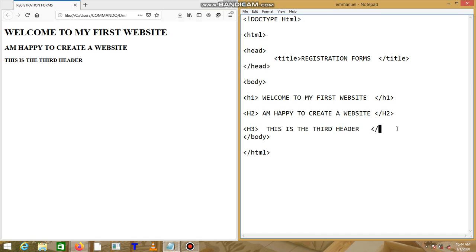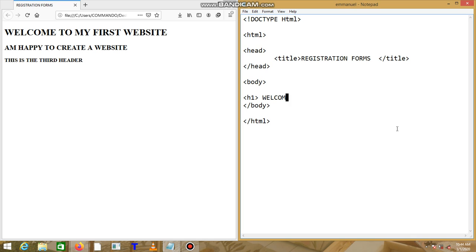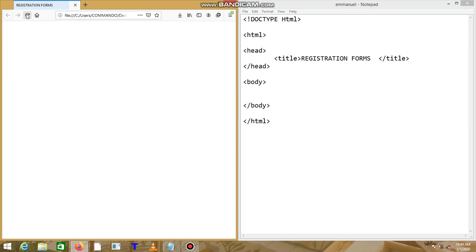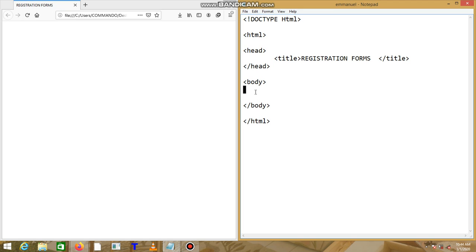Good. Now let me go ahead and then delete everything in the body. So when I click save, and then refresh the browser, everything should vanish because there is nothing in between the body here. Okay, good. Let me show you another tag aside the header. So I'll say H1, that is header 1. Then I close header 1, H1. Okay, good. H1. The difference between the opening